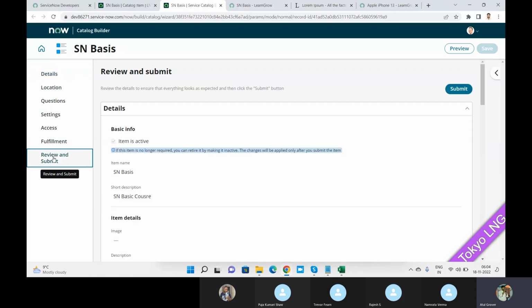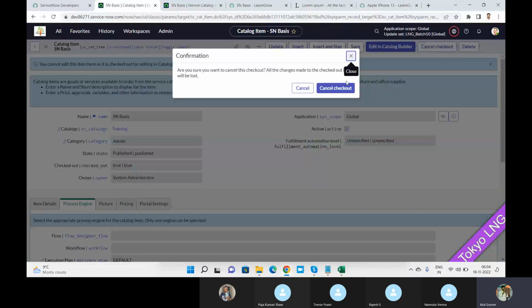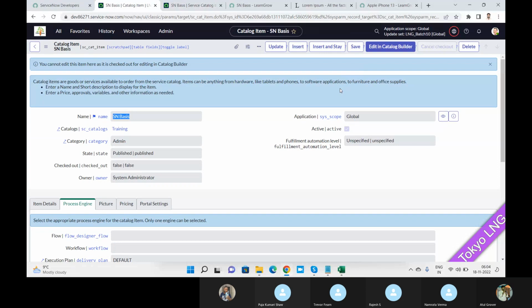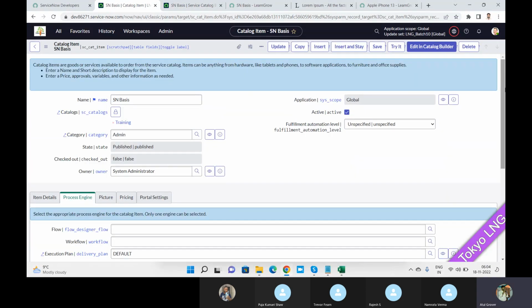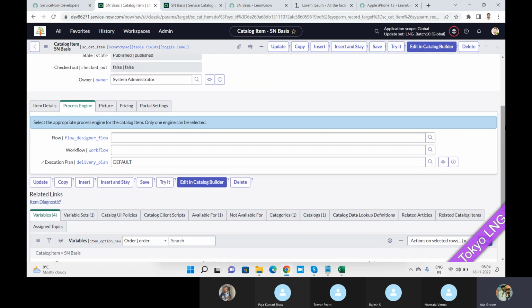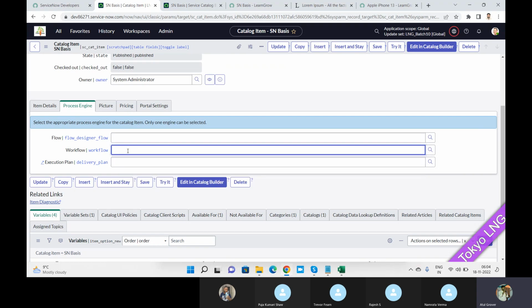Details, location, previews, submit. Let me do it now, to see if I can make any changes. Yes, so now I can make a change here. So I'll go here and change the execution plan to the workflow or flow. As of now, in the training we did not get any workflow or the